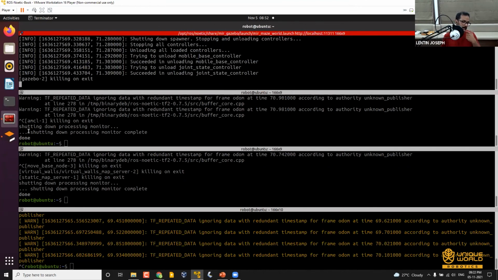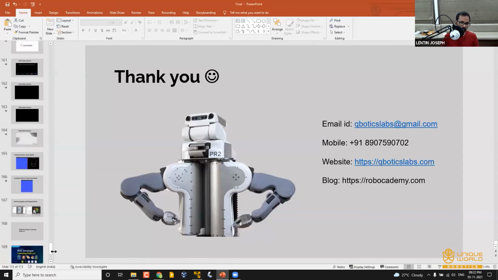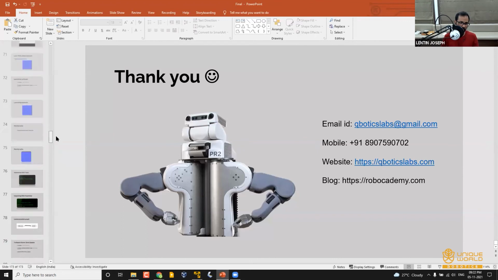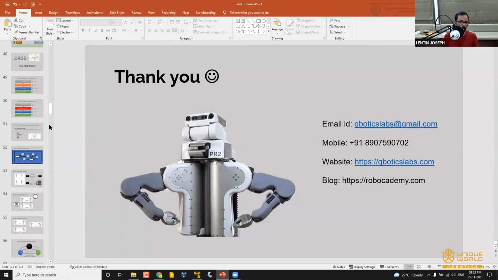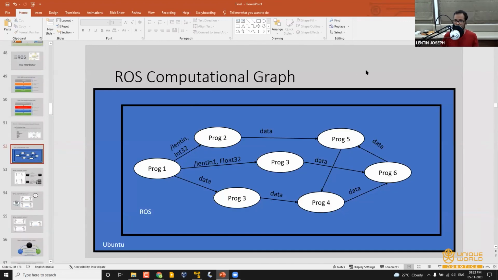Yeah, so I think you have some confusion in that. Let me just take that slide. Okay, so this communication is actually inside a computer, inside the robot computer.